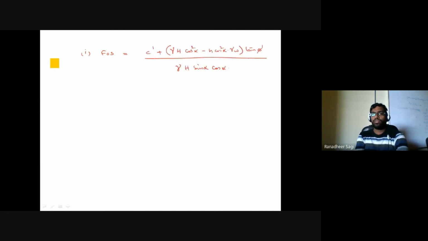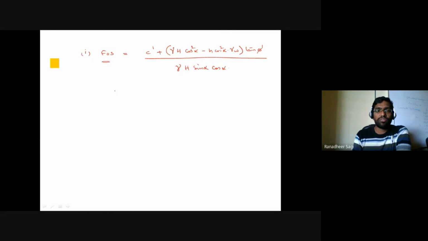So according to case 1 or case 2, the expression for factor of safety will not get changed because the water table is not below the failure surface or exactly at your ground surface. In both cases the water table is in between your ground surface and your failure surface. So this was the expression we have in case the water table is neither at the ground nor at your failure surface. So the factor of safety expression is very clear.